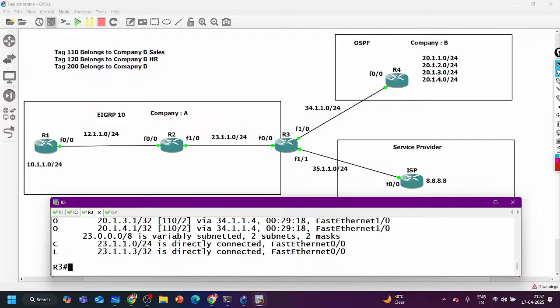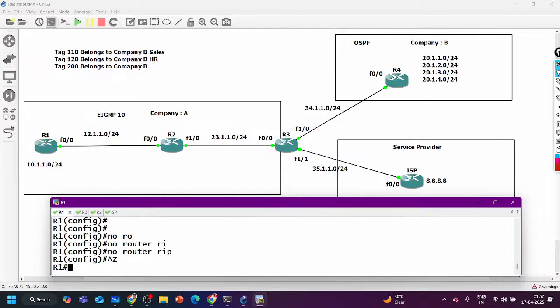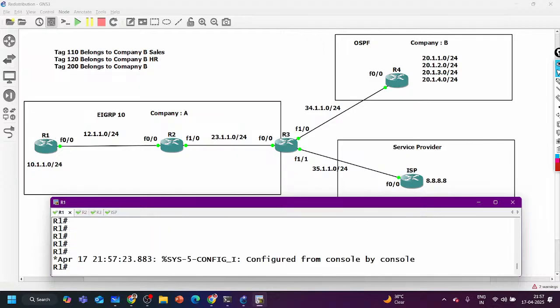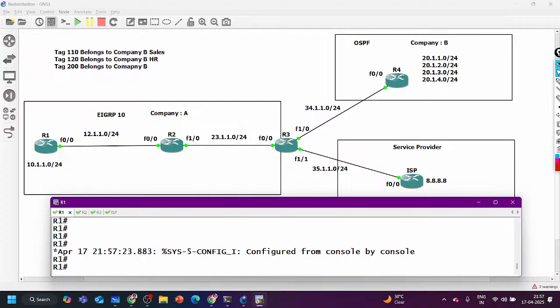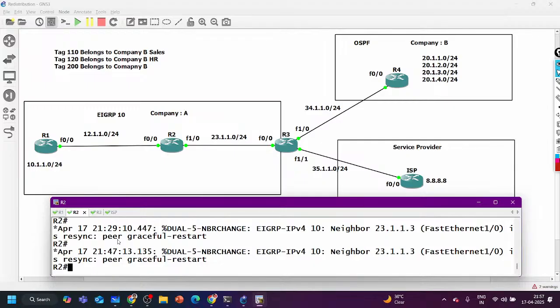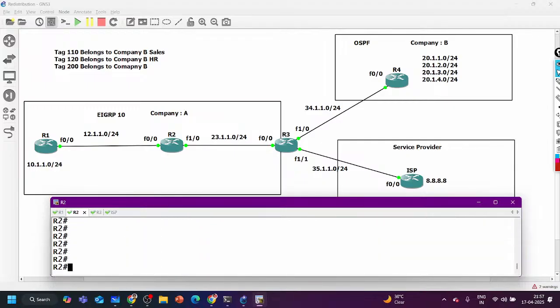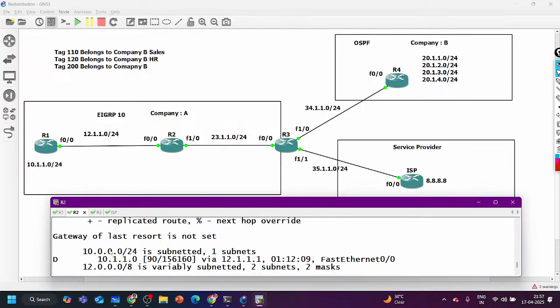Fine. But what about LAN users? Router 1, guys. Can router 1 ping 8.8.8.8? No. Here also you have to configure a default route. On router number 2 also you have to configure a default route. On router number 2, show IP route, I don't have a default route. You can see gateway of last resort is not set.